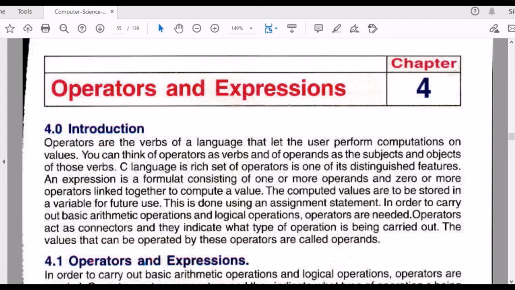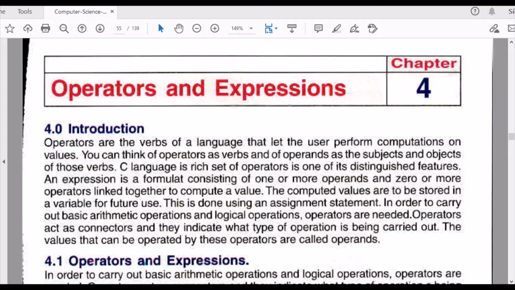Operators are the verbs of a language that let the user perform computations, calculations on the values. You can think of operators as verbs on which the work is being done, and the operands as subjects and objects.